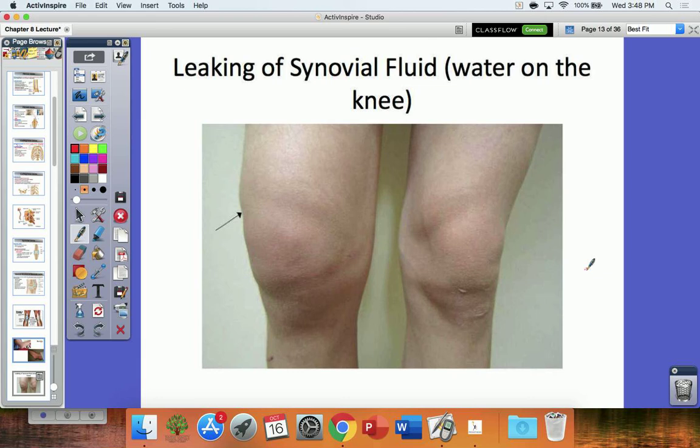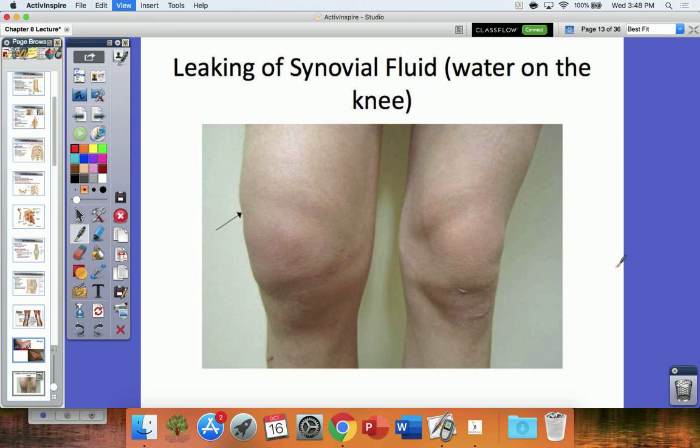For instance, when you give blood, you're losing fluid from your body, but as you eat and you drink, that's why they give you those things after you've given blood. Your body starts to replenish that fluid that was in the circulatory system. And so it can do the same thing and replenish the fluid that is in the synovial joints or within the synovial membrane or within the bursa. After they have healed, then you won't have this issue anymore